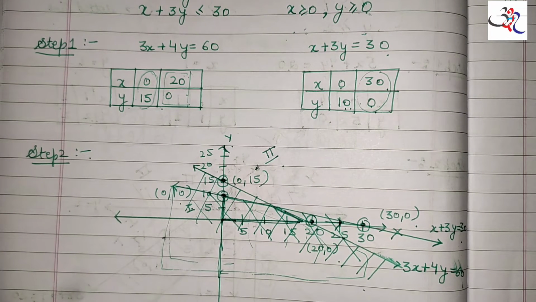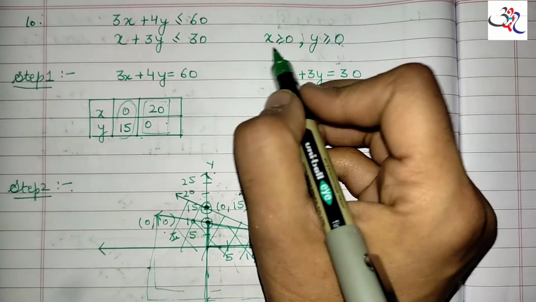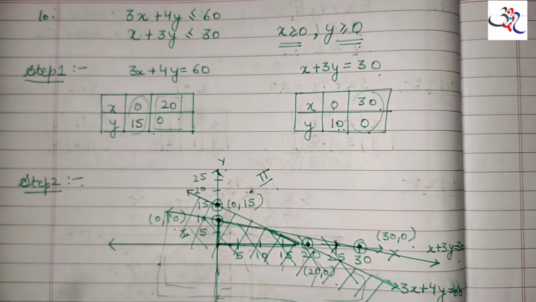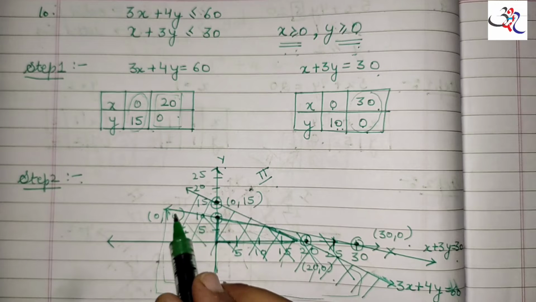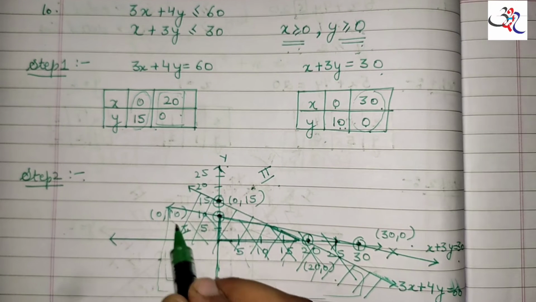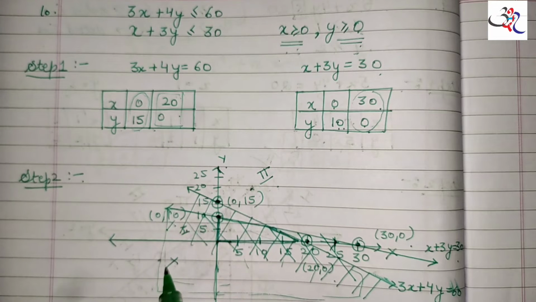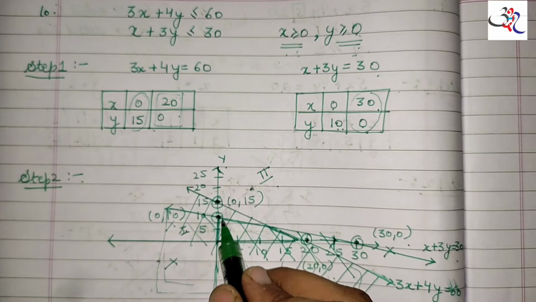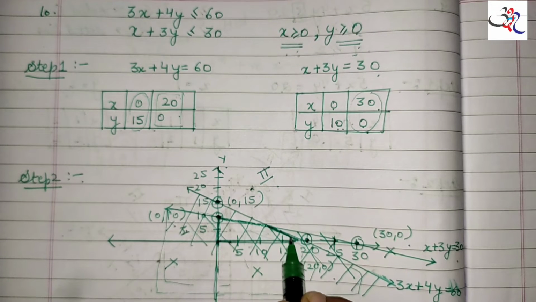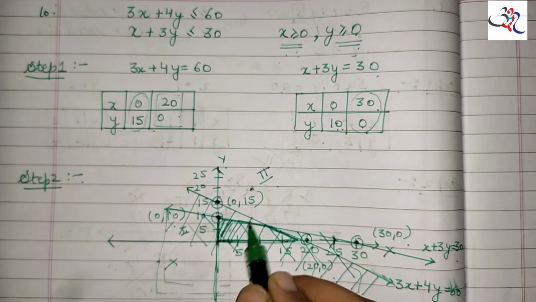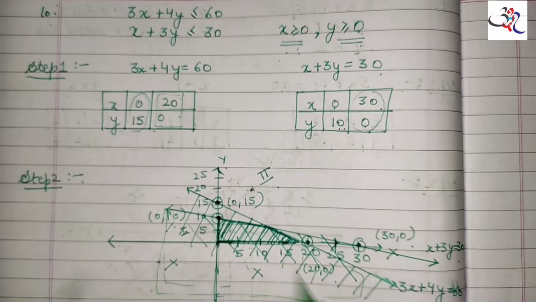But this complete part cannot be my solution because it is given to us that x should be greater than equal to 0 and y should also be greater than 0. So means the solution cannot be in the negative side of y-axis. So this part cannot be my solution, this part cannot be my solution, and this part cannot be my solution because they are saying that this should be positive. So only this part will be my solution. Okay,